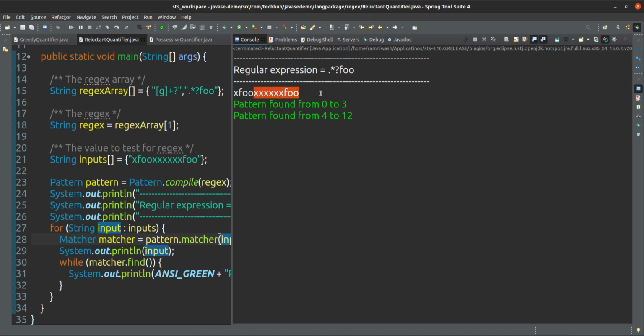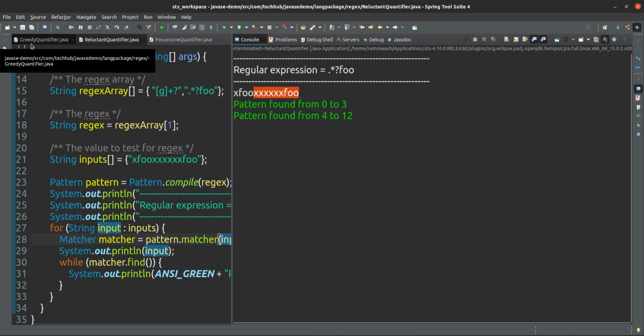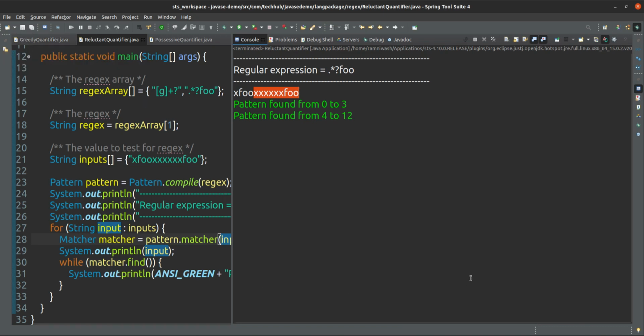So this is the reluctant quantifier, and that is the greedy quantifier. Reluctant means this input will consume this much only. After that, foo is matching. So we can say in a greedy quantifier the input will be consumed at once wherever it is matching, but in the reluctant quantifier different matches will be found, from wherever the index is finding it, because this one is matching with this also.